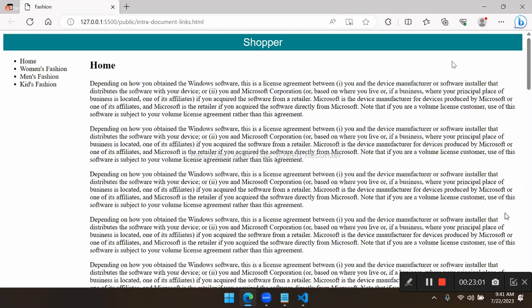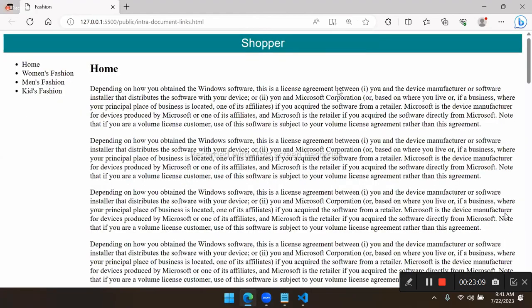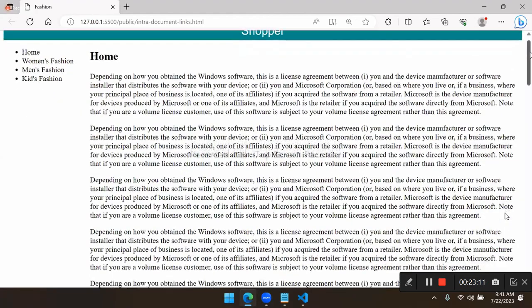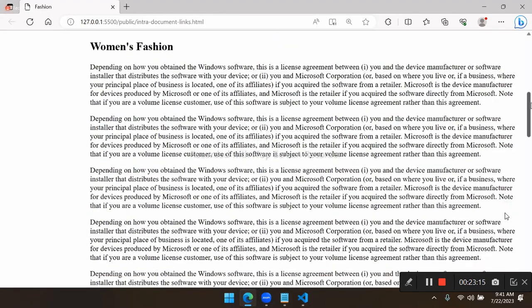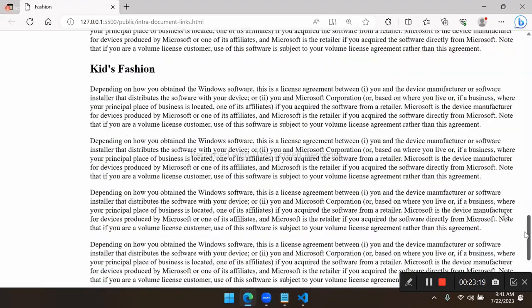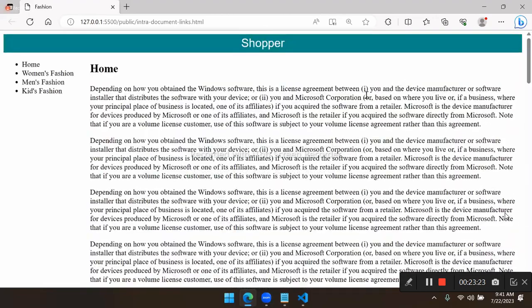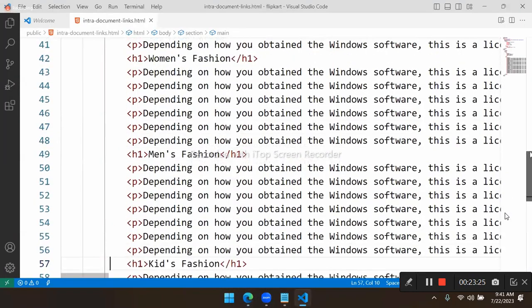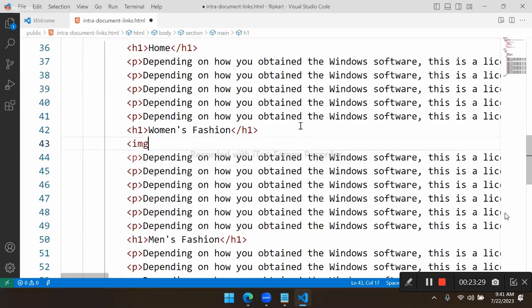That means suppose I want to watch here, just zooming, I'm keeping here. Yeah. Suppose I want to watch women's fashion. I need to scroll somewhere bottom, it is there. And somewhere bottom men's and kids fashion, like this we have. We will keep some image also. Yesterday we copied few images. Image source,